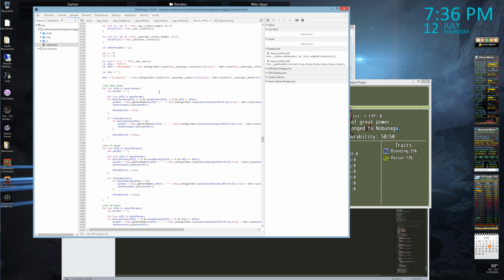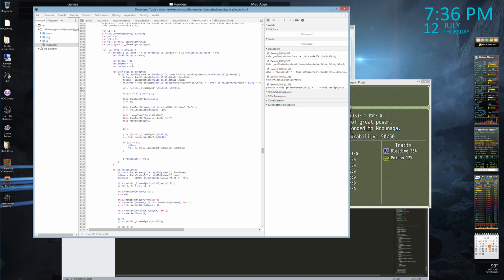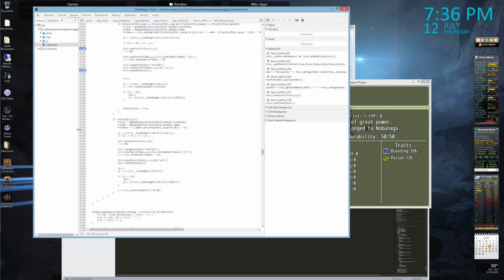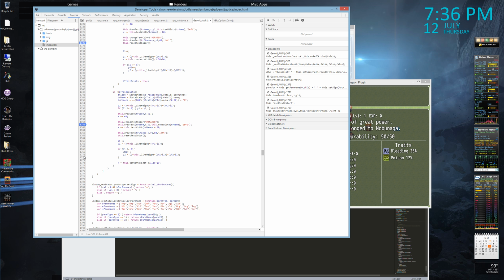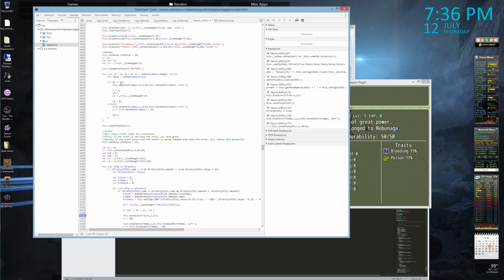And then traits because we need to figure out what's up with those. So for this, we want to go say if